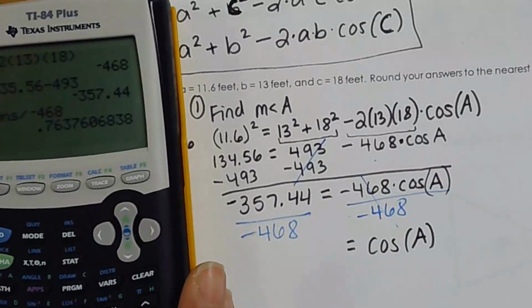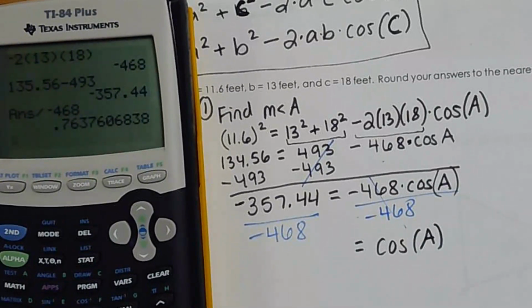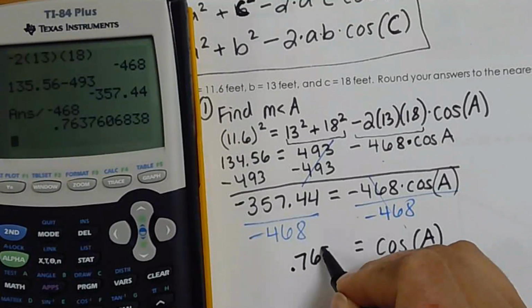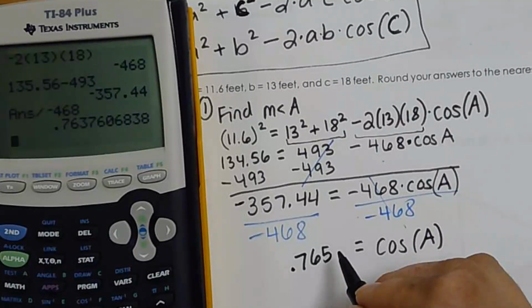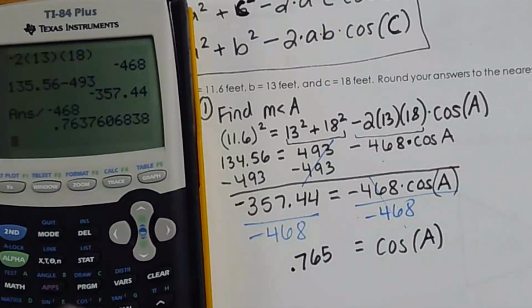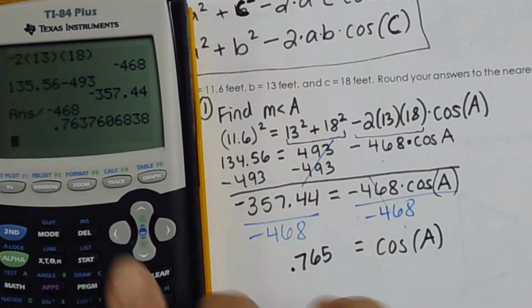Okay, and that's where we get this decimal answer, and this is where you don't want to round too early. Please don't round that to like 0.8. Keep a few numbers after the decimal, because if you round too early, your final answer will not be as accurate. So I'm going to write about 0.76, and actually this answer, depending on if you used, wait, I'm sorry,